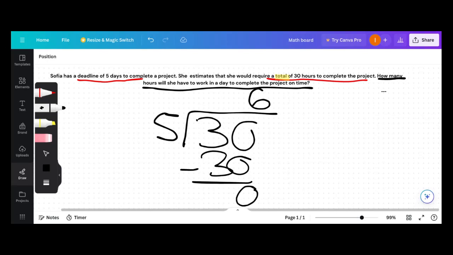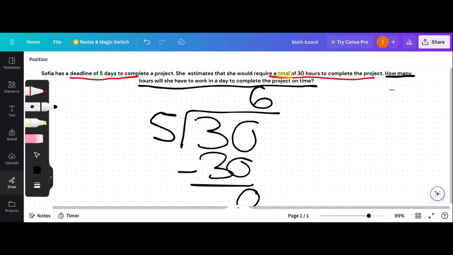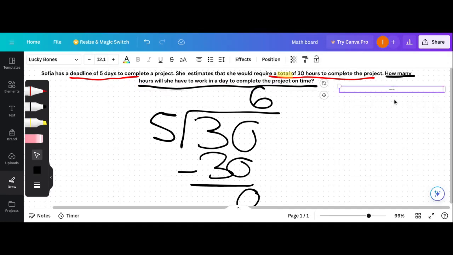most questions will ask for an answer sentence. If you're wondering how to do that, here's how. You're going to base it off the question. So the question is, how many hours will she have to work in a day to complete the project on time? So we could start with something like, she will have to complete,